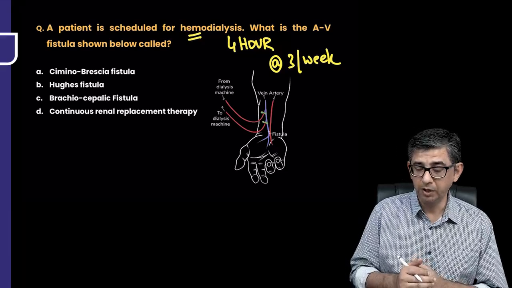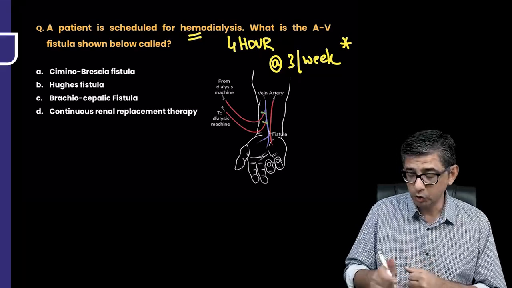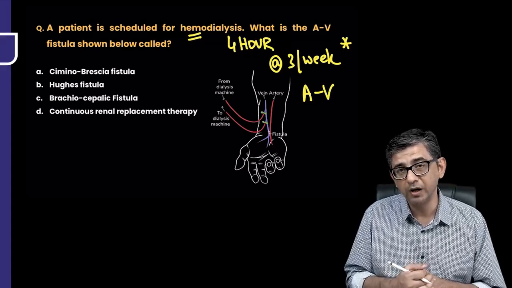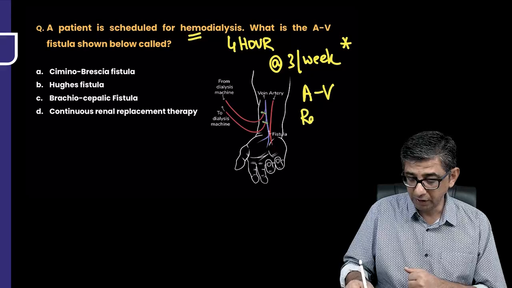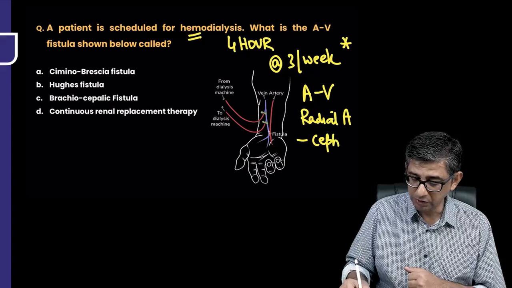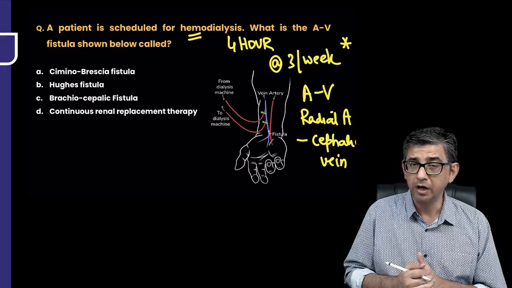So before we do hemodialysis in a person, what we need to do is connect the radial artery of the patient to the cephalic vein. The advantage of doing this is, if you connect the radial artery to the cephalic vein, what you are trying to achieve is that you are trying to make the vein become more rough and tough. By saying that I am